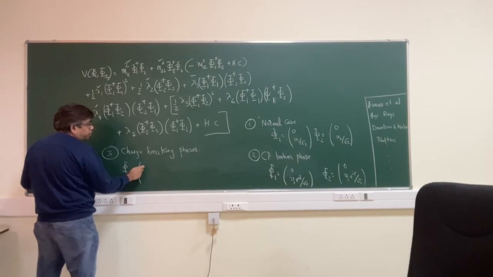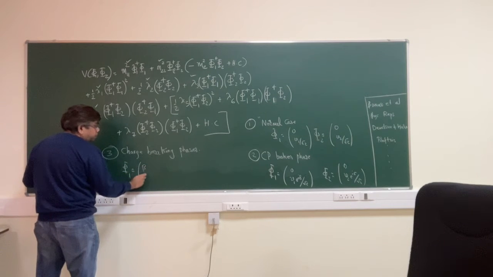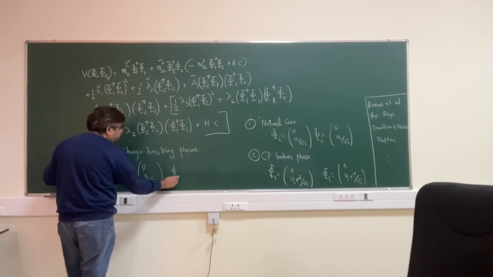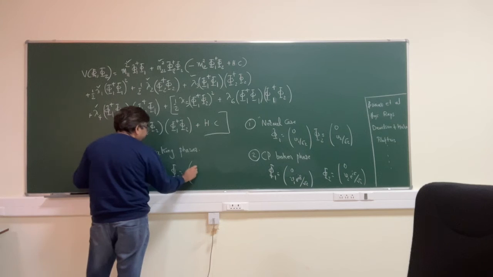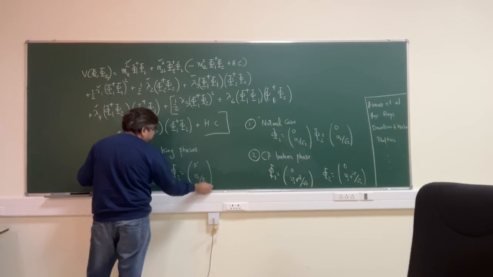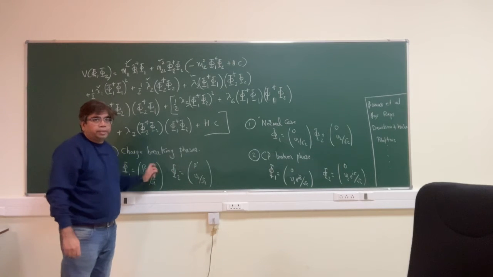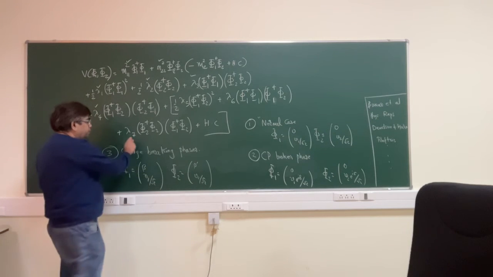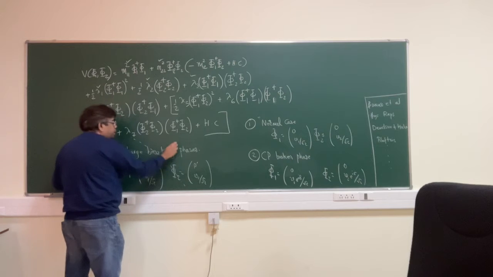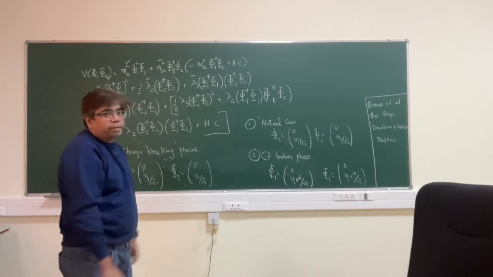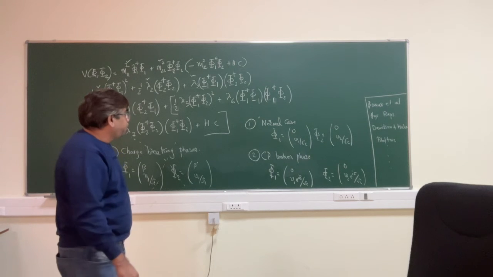Now here you have some beta, v1 by root 2, phi 2, some beta prime, v2. So that means the charged parts of the Higgses will get vacuum expectation values. So we want to avoid this anyway. These are not good phases, so you want to avoid this kind of phase, in which you don't want the parameters to be such a way that